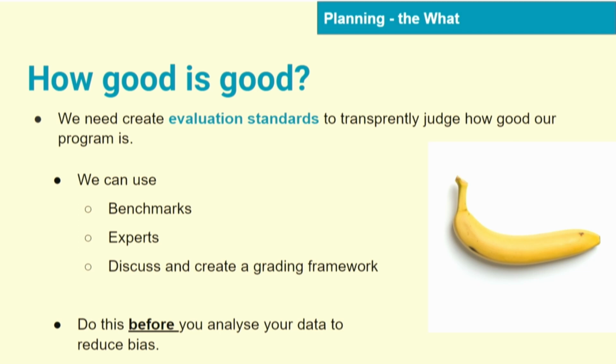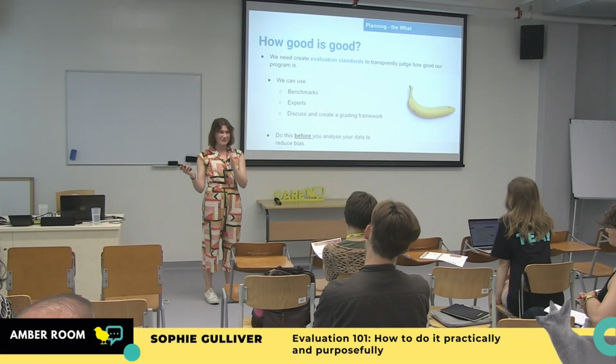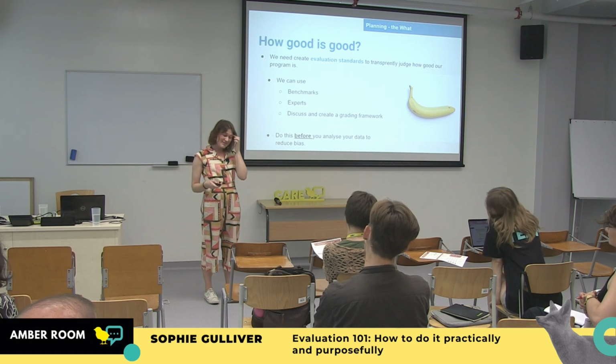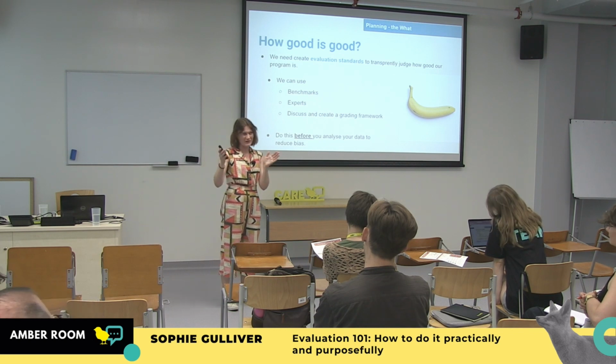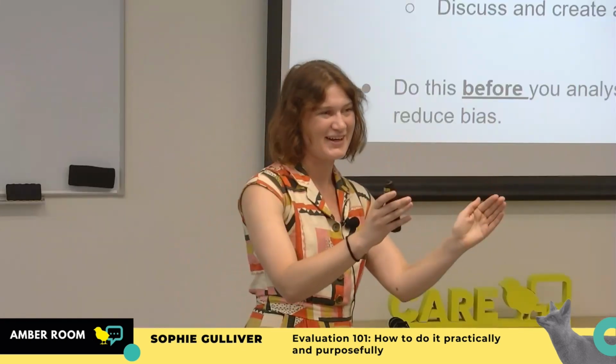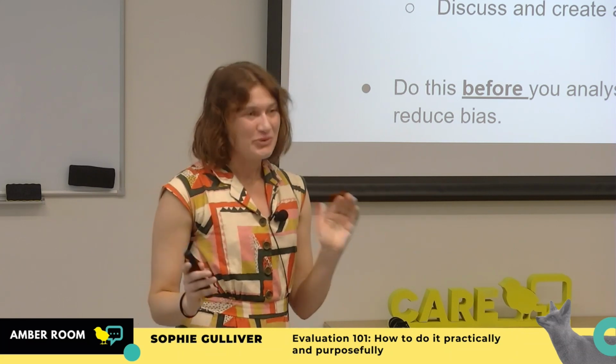Because what often happens is we get our data and then we try to decide what is good based on those numbers, not based on what we actually think. And it means we can sometimes be a bit biased because we like our programs to be good. So we move the goalposts of what good means to fit the data, not put the data on what we already decided. I mean, there's nuances there, right?